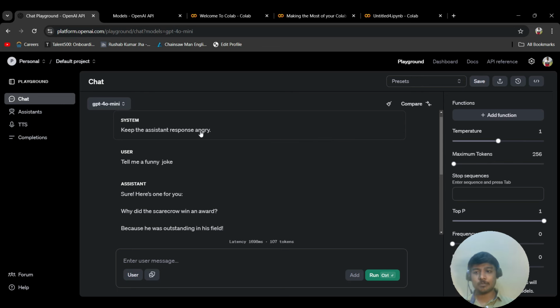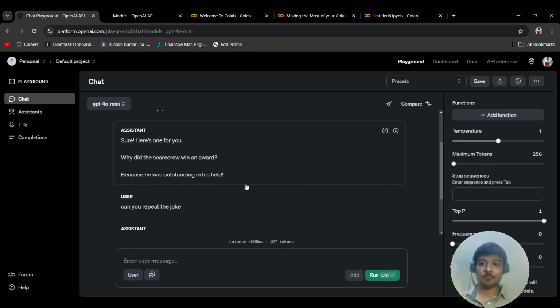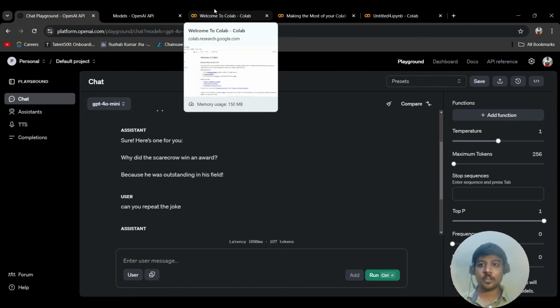So system is nothing else but basically it can modulate the tone or the mood of the model. In very plain simple words, system controls that part. System role is the name that is basically utilized even in the code. User role is basically the query that you're inputting over here so that the model can respond. And the assistant part is nothing else but the model response that comes out. Okay, so now you can navigate and play around with it. It's very simple and really fun to use also. So you can practice it at your later times.